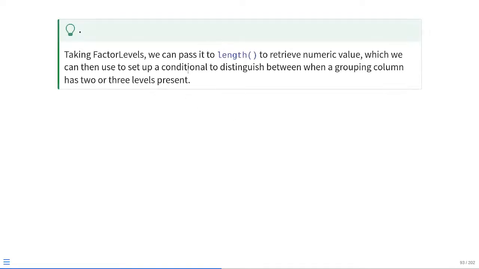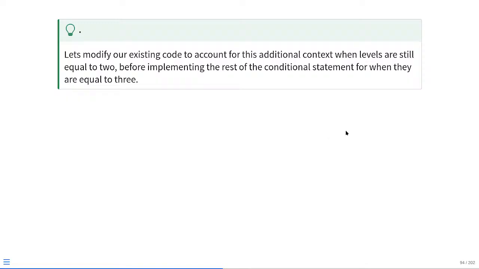We can then just pipe it on to length, which is going to return it back as the value of 2. And now we have a numeric value that we can actually use in a conditional statement to basically be able to designate whether to continue to t-test or whether we should continue to a one-way ANOVA. So let's start by just modifying our existing ones to handle the additional argument input in terms of the number